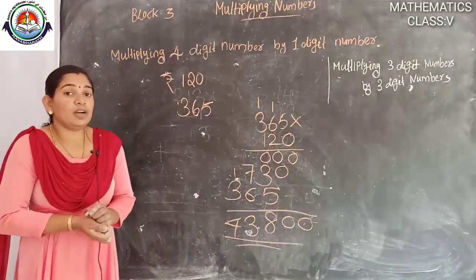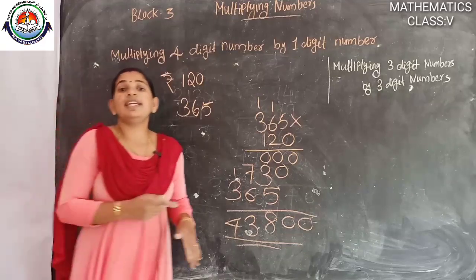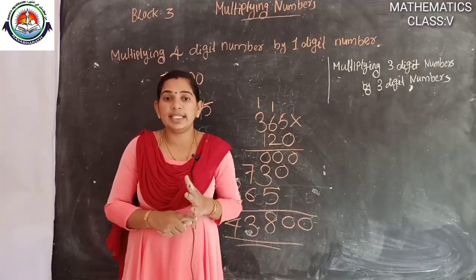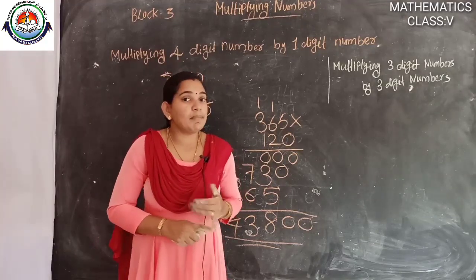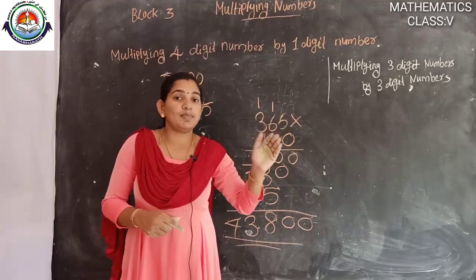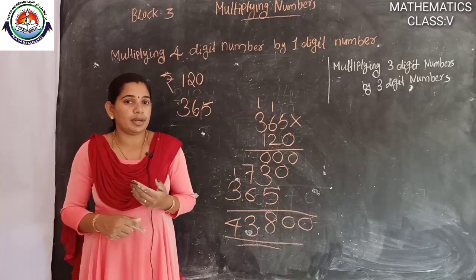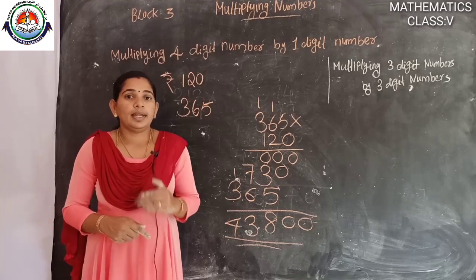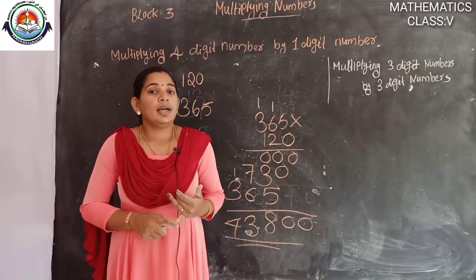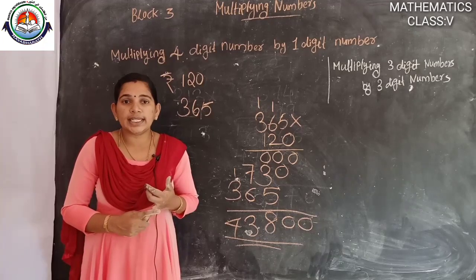Okay, if you have any doubt, you just call me for these answers. In today's class we discussed multiplying a 4-digit number by a 1-digit number. First we arrange the numbers in columns. Then each number from the ones place onwards we multiply using the second number. Then we will give more problems from your textbook, practice questions, and workbook problems we will do later. Okay, thank you.